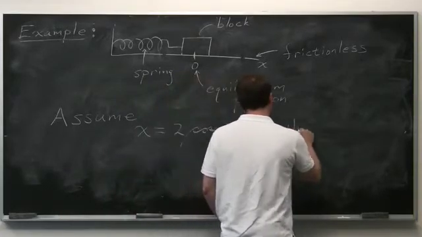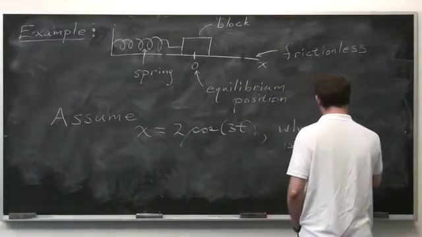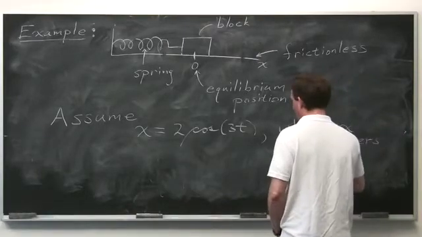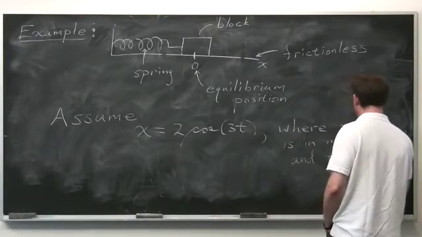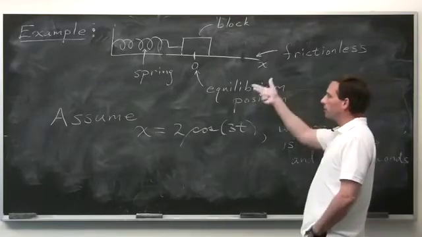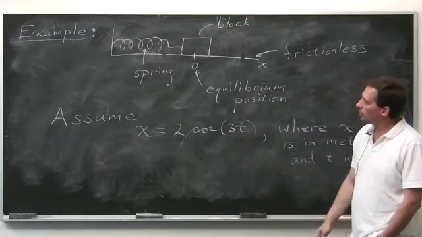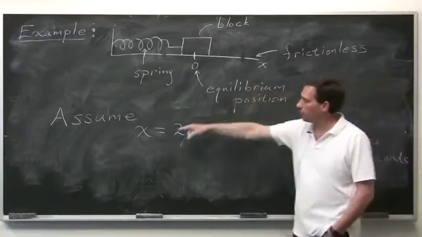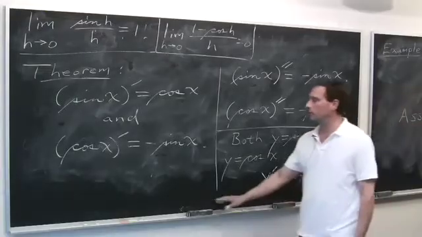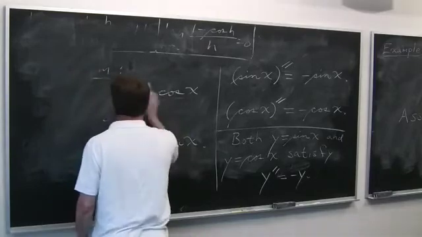Where x is in meters and t is in seconds. So what I'm saying is, you let this start moving, and this would be a reasonable function describing the position of the mass as a function of time. And so my question is, I have lots of questions,